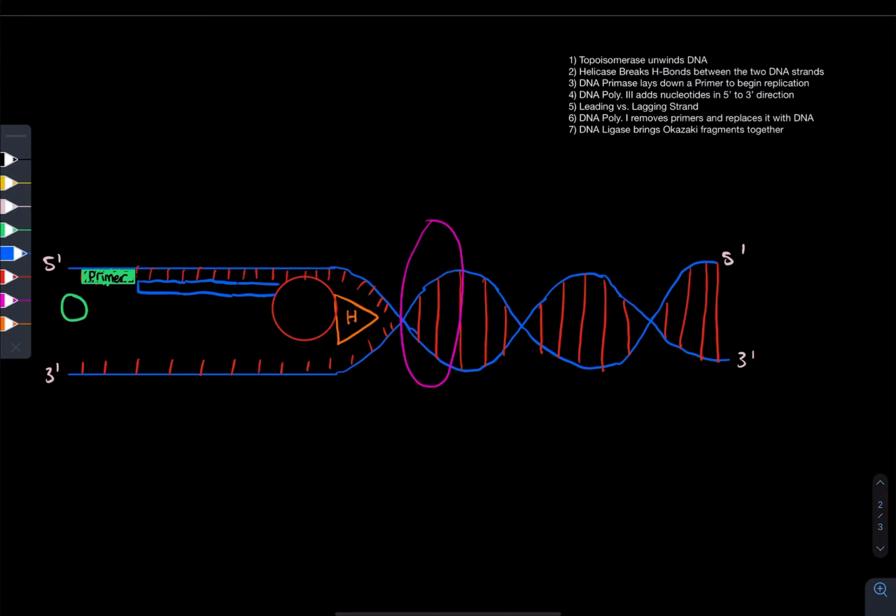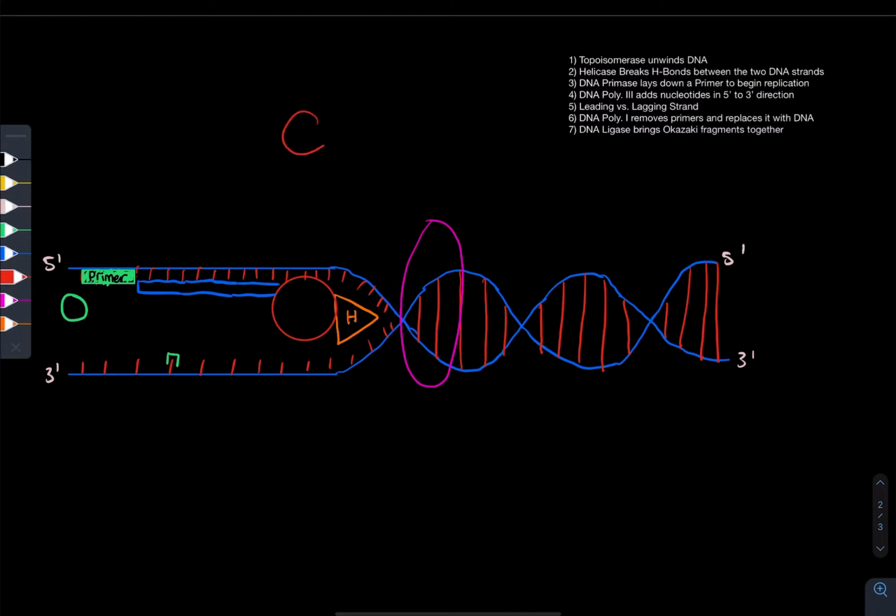And DNA polymerase can only do this in a 5' to 3' direction. So what does that mean for the other strand? Well, because the other strand goes from 3' to 5', that means it's going to have to work backwards, because DNA polymerase cannot go in the 3' to 5' direction. It can only add nucleotides in a 5' to 3' direction. So it's going to call for a primer, and so DNA primase will come lay down your primer right there,